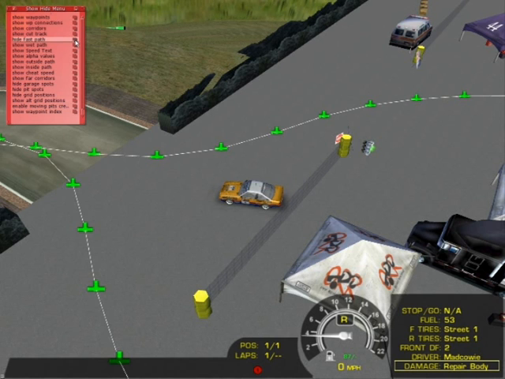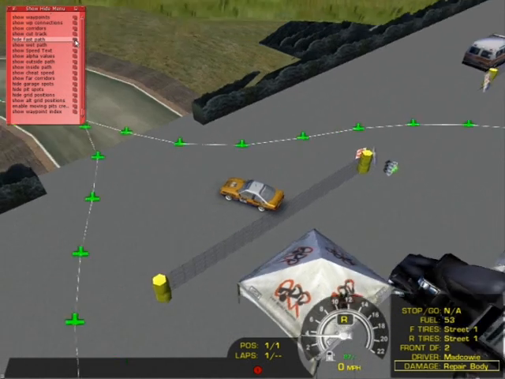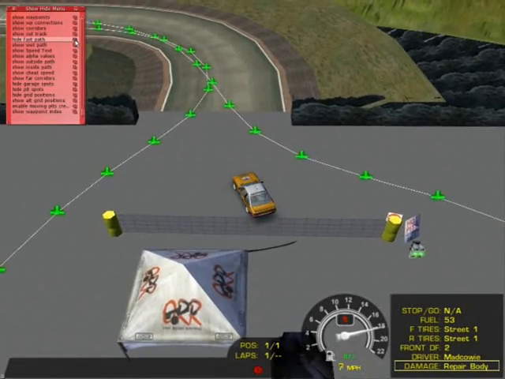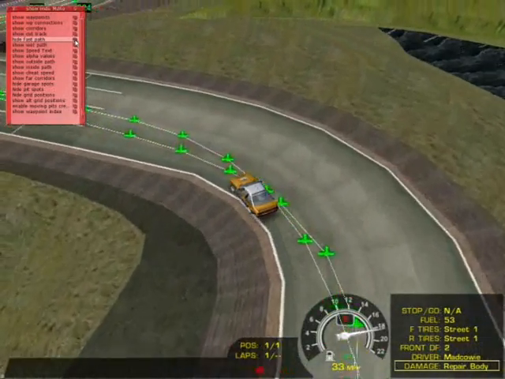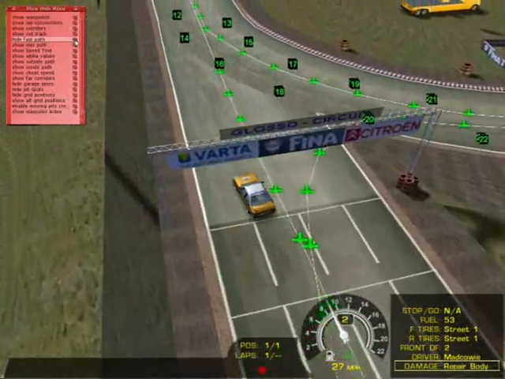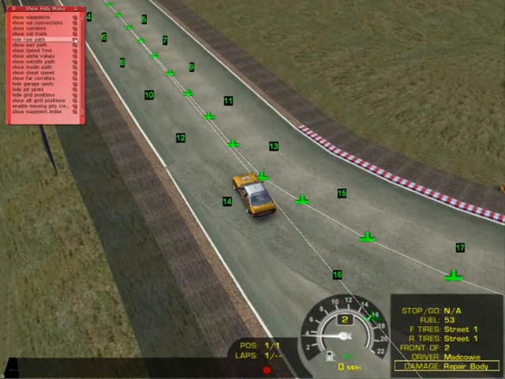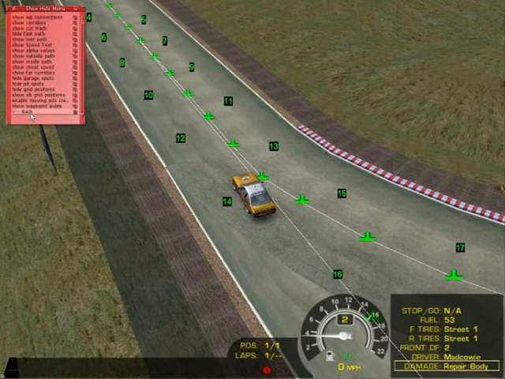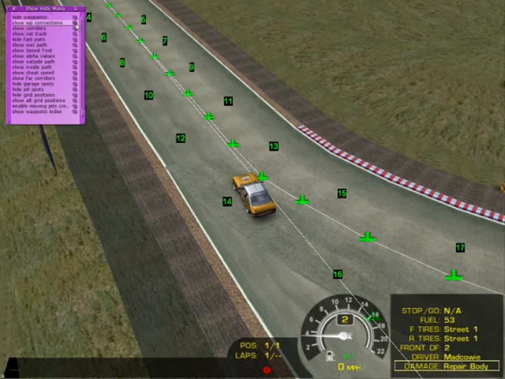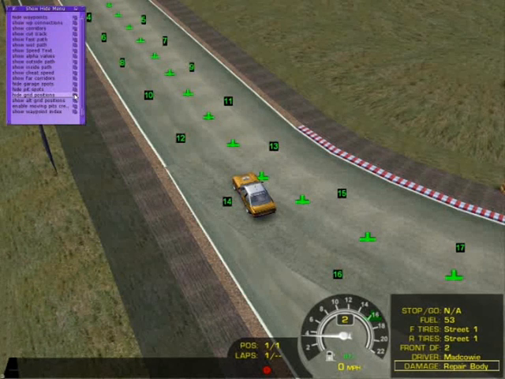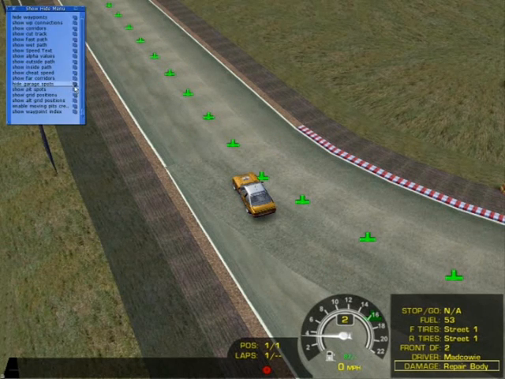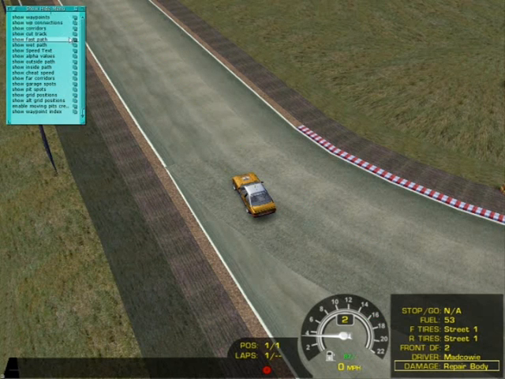Just click here, show fast path, spin that round. Let's go have a look out on the track. No, I haven't done the fast path. Must have done it in take 2. Anyway, so if we go to, let's do the fast path. Click back, go to show hide menu, hide waypoints, hide fast path, or hide grid positions because they're going to annoy me, and hide pit spots and garage spots. Hide waypoints. Right, there we go. Scroll menu down, click back,